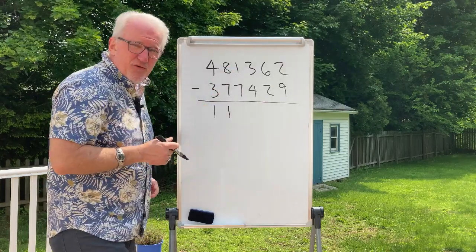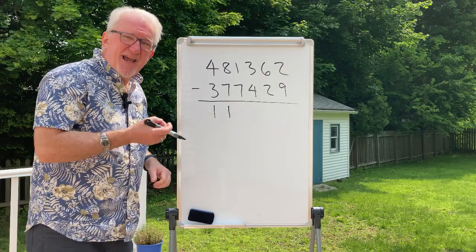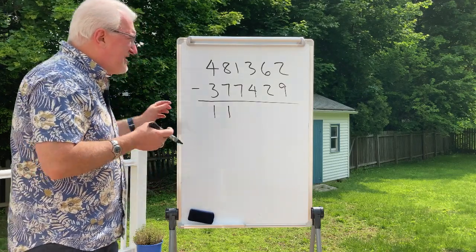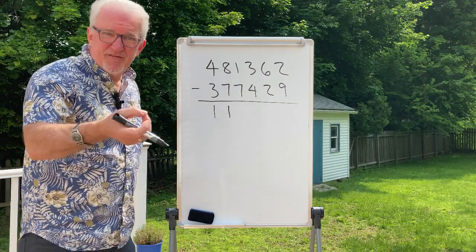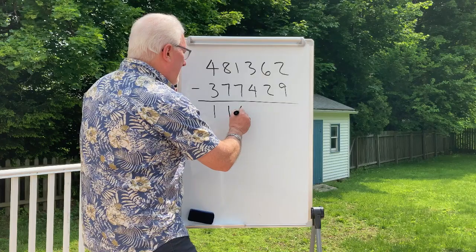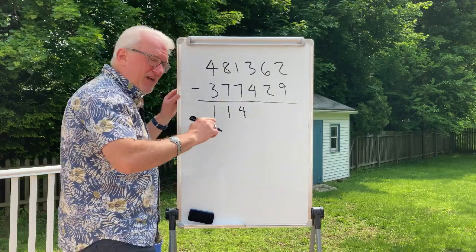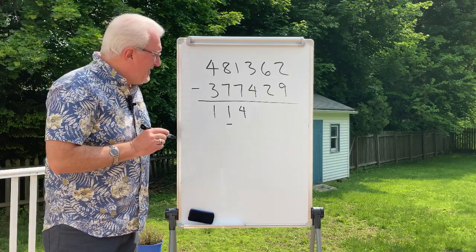And 7 minus 1, of course, is 6. But because we had to go to the number being subtracted to get the larger digit, instead of writing 6, we're going to write the complement of 6. The complement of 6 is 4. Write a 4 there, and we're going to indicate that we use the complement by putting a dash under the